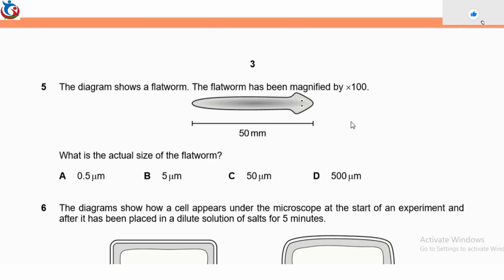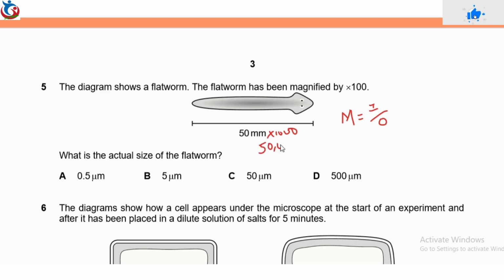According to magnification, magnification is equal to image size over object size. If you look at the options, they are in micrometers. So you convert 50 millimeters to micrometers, and you are going to multiply this by 1000. That will give you